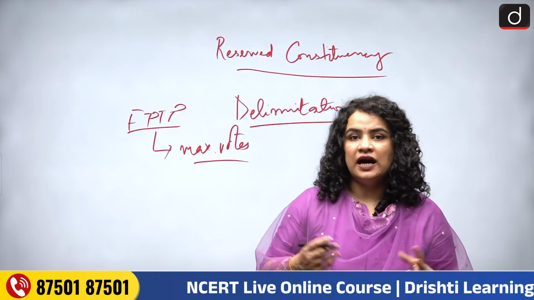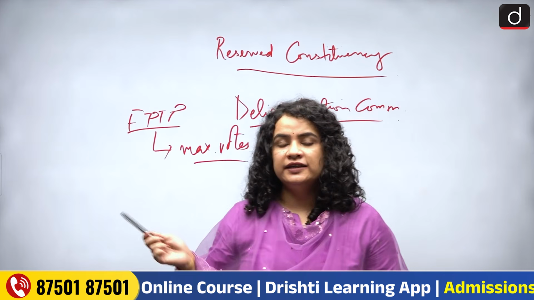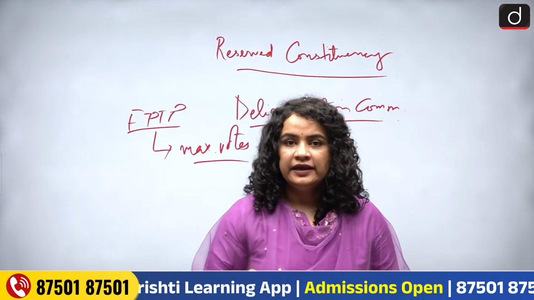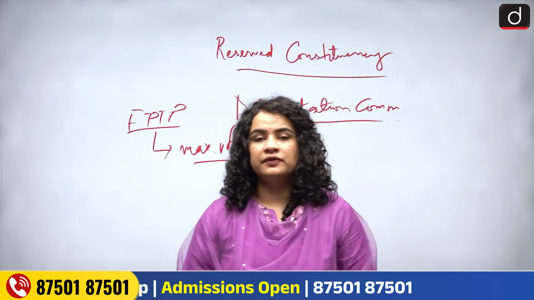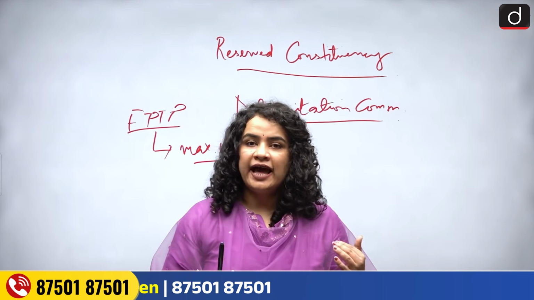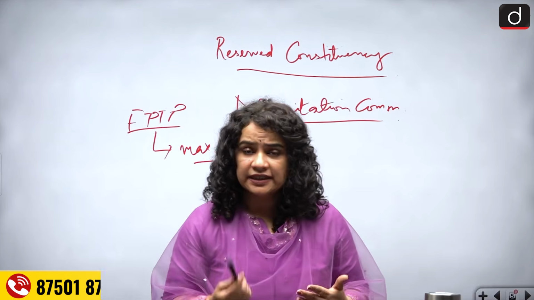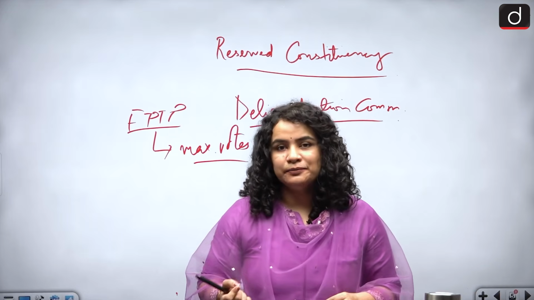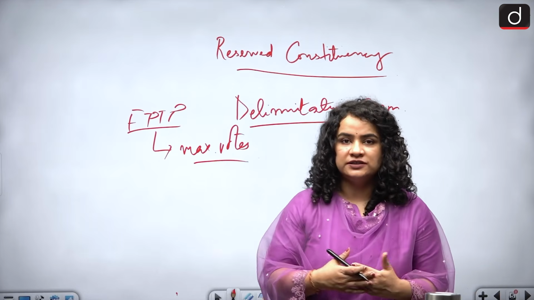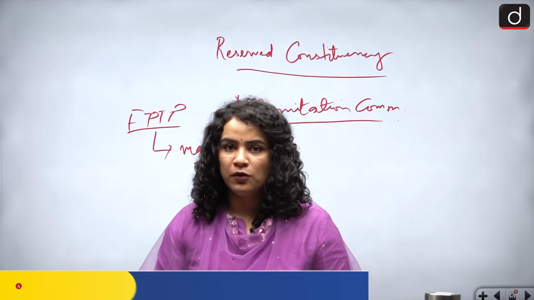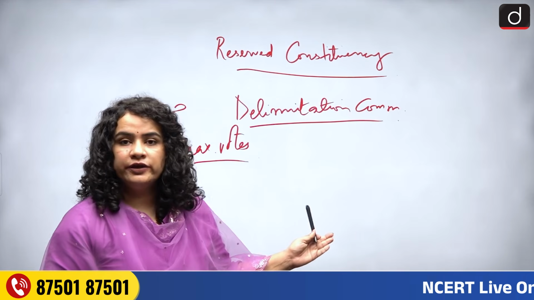So maybe his caste also plays a role in his election. So it's very likely that the community which is in majority will have its candidates winning the elections consistently, whereas certain communities which are either in minority or are marginalized in some form or other are going to